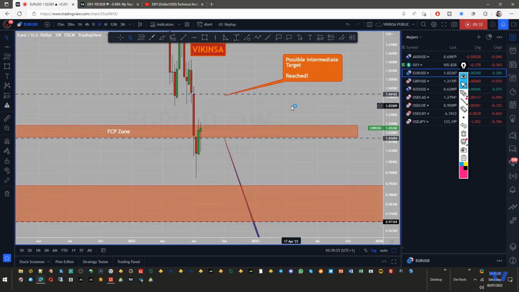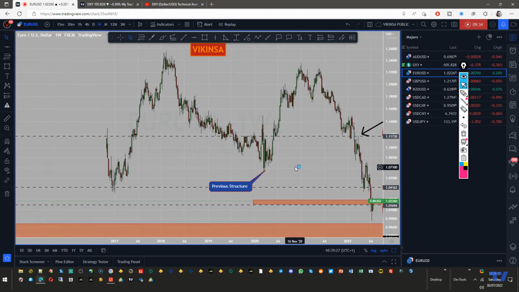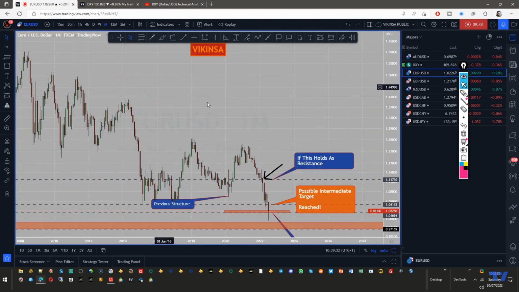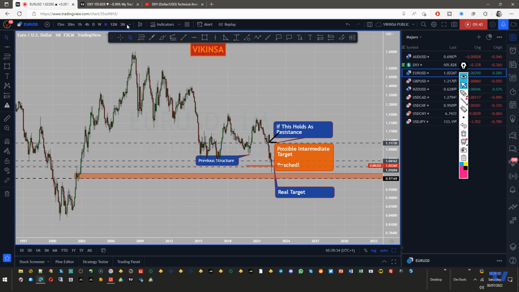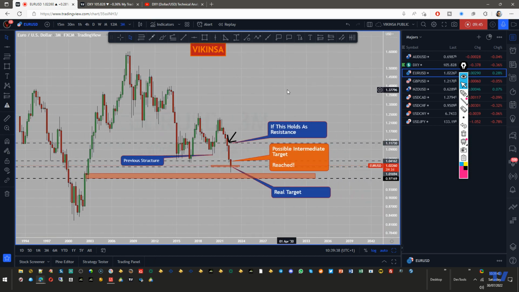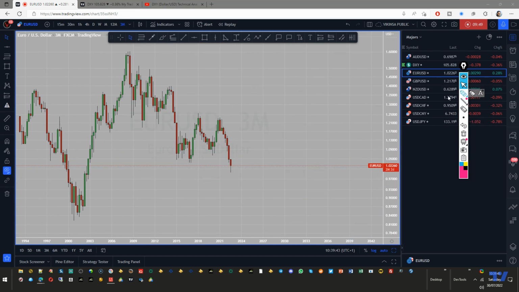However, if I look at the higher time frame move, there is still a possibility. Let me go to the monthly time frame, then I'll show you what I can see on the higher time frame. In fact, let's go to the 3 month move. So the 3 month structure. If I just hide this, what I can see is that market is still creating an M pattern, and it has actually just broken through the midpoint. So whatever bullish momentum comes in here for a few months or so, that may be a temporary move.